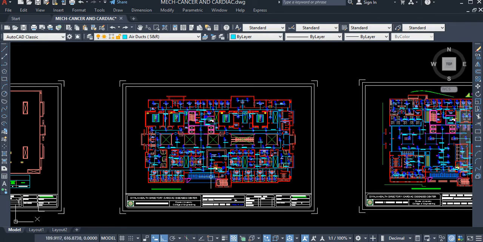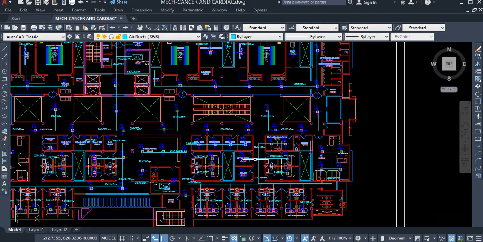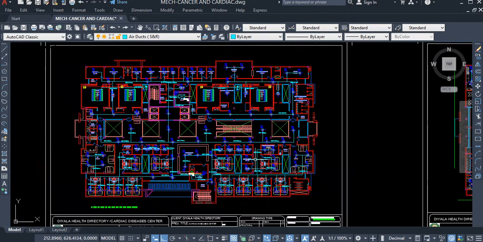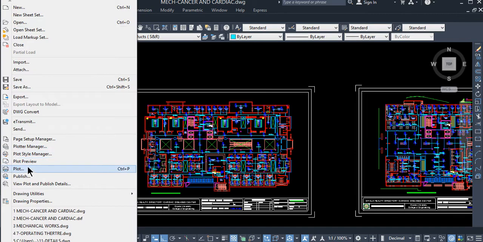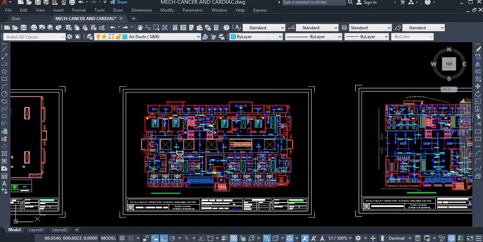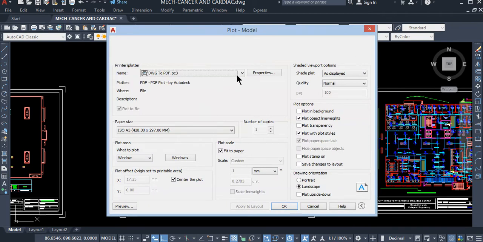I'm going to tell you how to convert a drawing from AutoCAD to PDF file. If you, for example, have this plan for air duct. Now Control P, plot. Okay, here choose